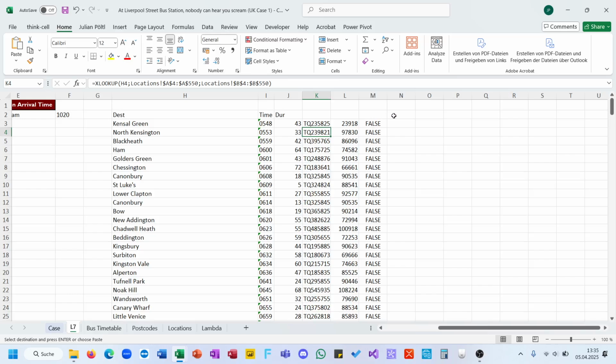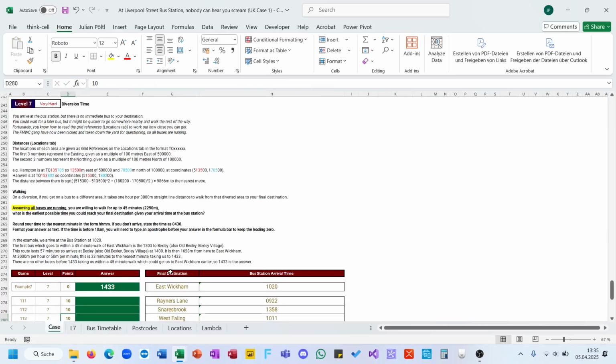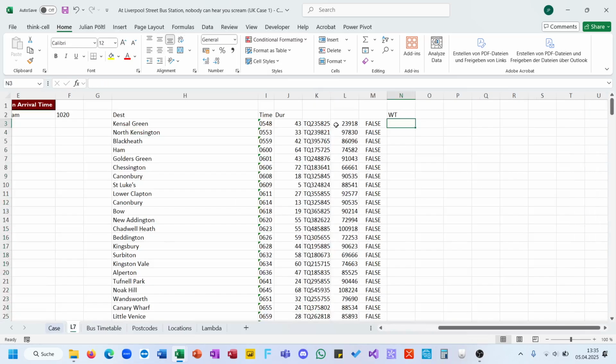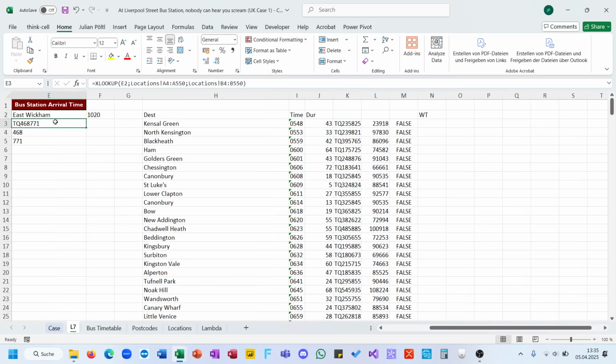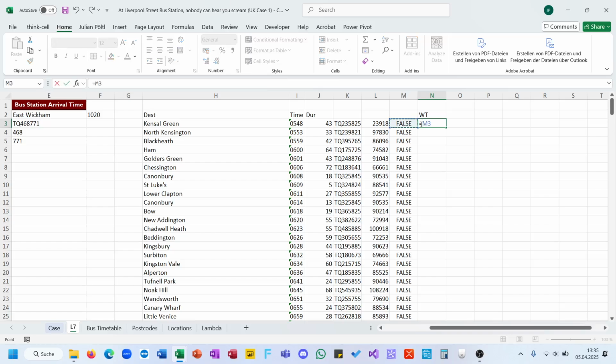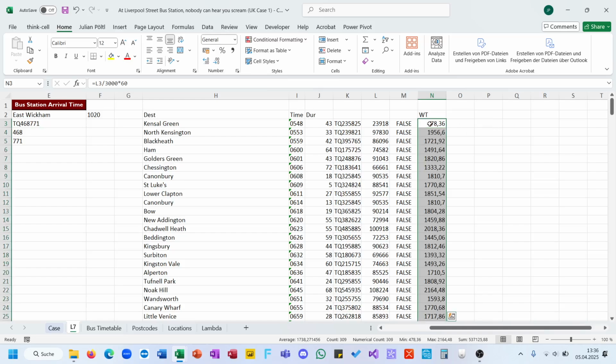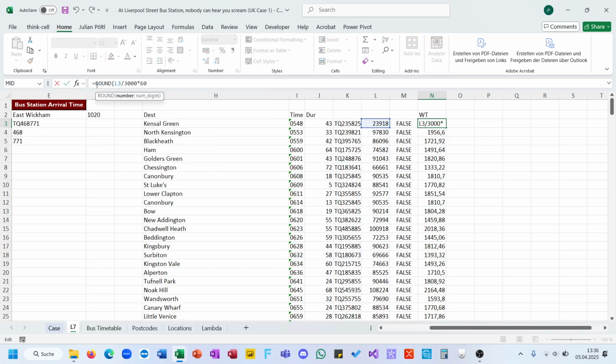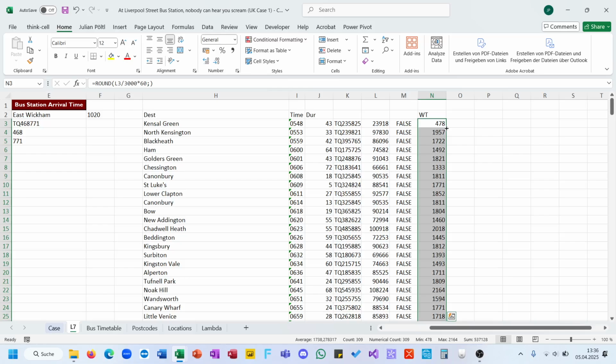Now, this is the walking time because we are walking from our final destination. We calculate for every XLOOKUP value here the destination, and then we want to have the time. So in this case, the time is this divided by 3000, and this is then the number of hours, times 60 is the number of minutes. I don't know if this is important at all, but anyways, and then also round this to the nearest minute. Okay,